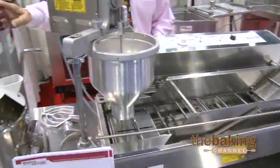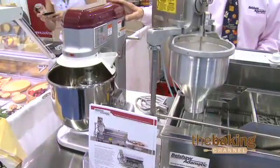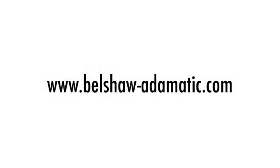We also have a 10-quart mixer now to help you mix your batter when you use the Doughnut Robot. If you have any questions on the equipment you saw today, please go to our website